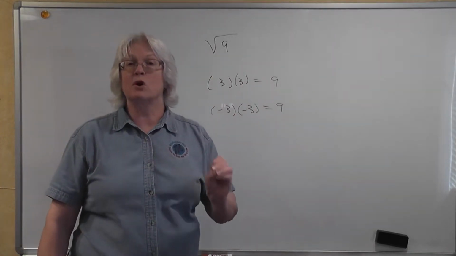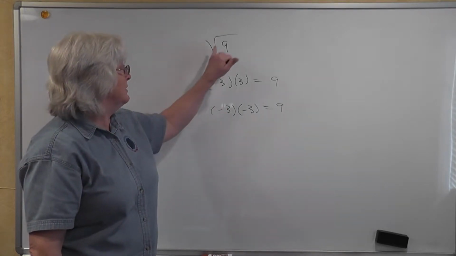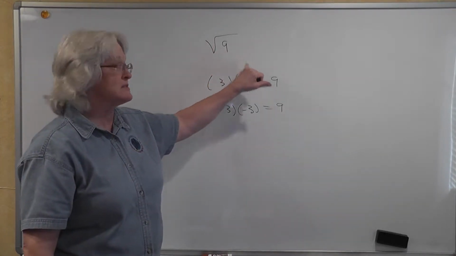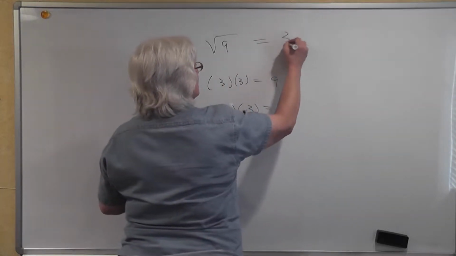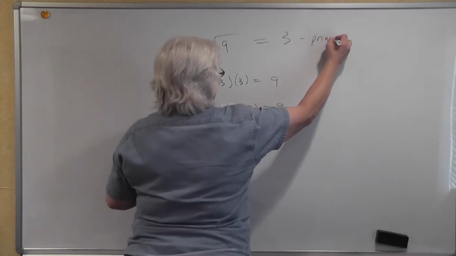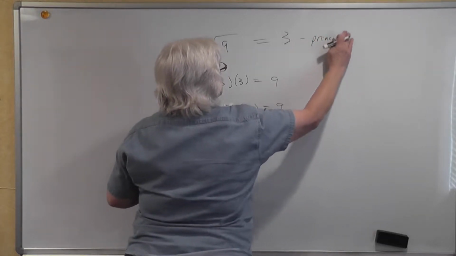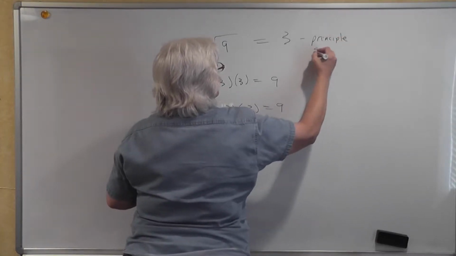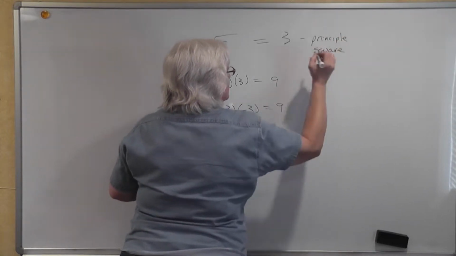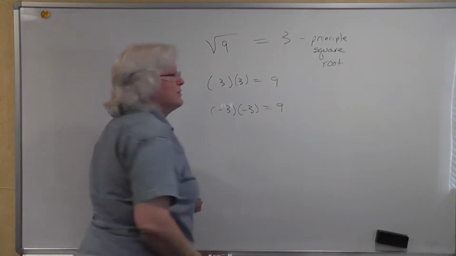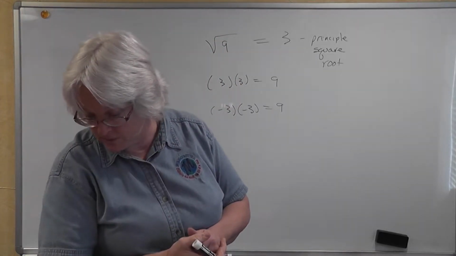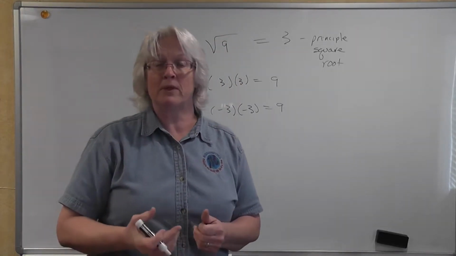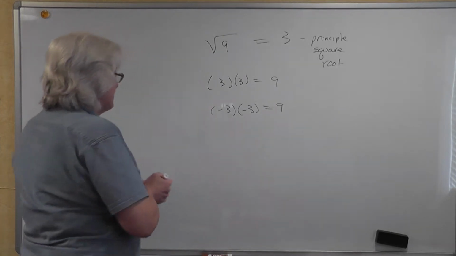We talk about something that's called the principal square root. When you simply use this radical symbol here, this means that they are asking for the positive square root. So the positive square root is the principal square root. If they want the negative square root, they're going to indicate that by putting a negative sign in front of the radical symbol. You also remember that I've asked you to memorize the perfect squares of numbers